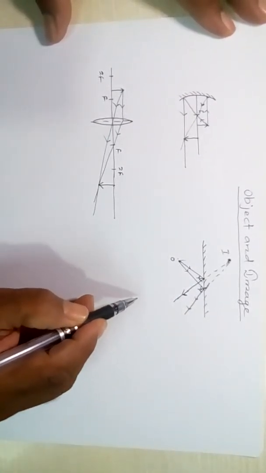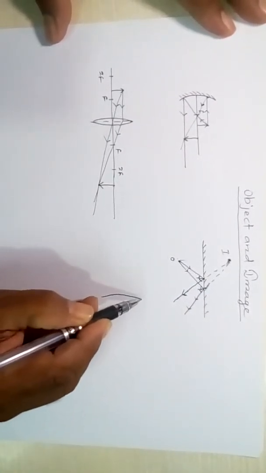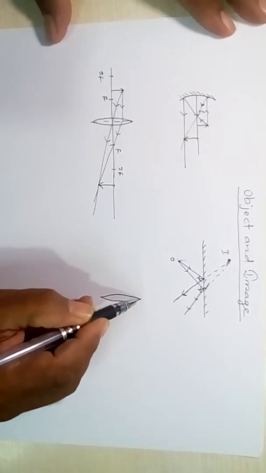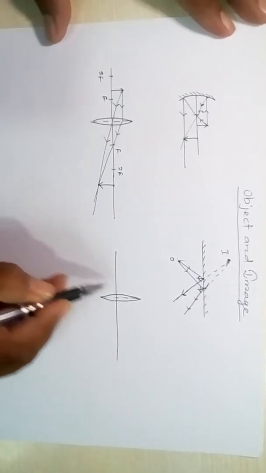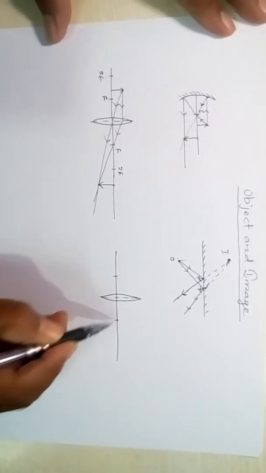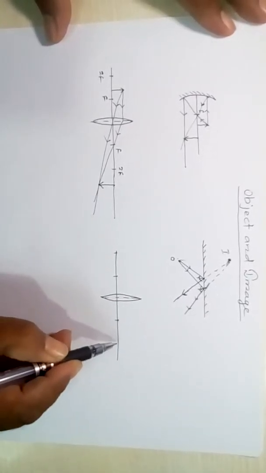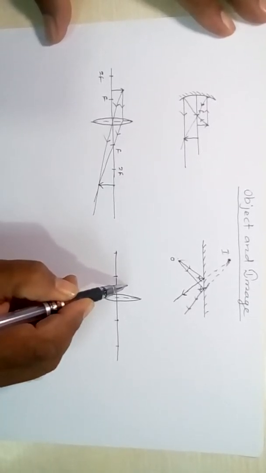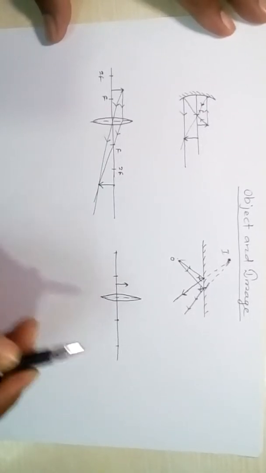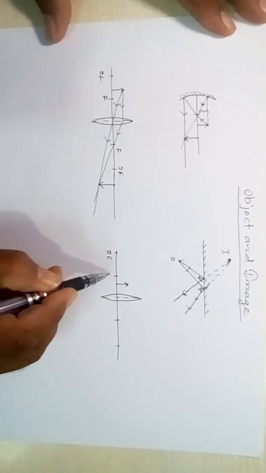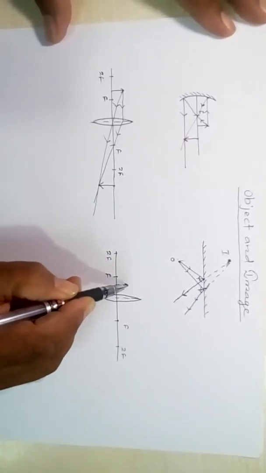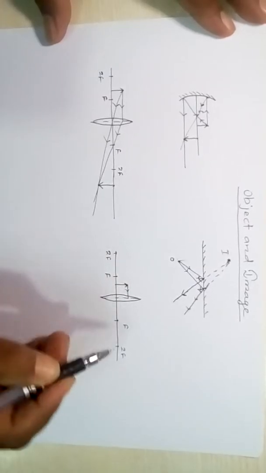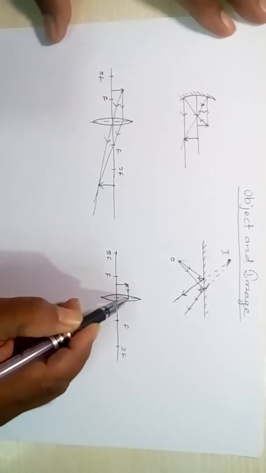And another example also, look at this, is another convex lens. Let's say again I'm taking a convex lens, and this is the principal axis, this is the focus on both sides, and this is 2f. If an object is at this place, here this is 2f, this is f, this is f, this is 2f, a ray of light coming parallel to the principal axis passes through the focus,